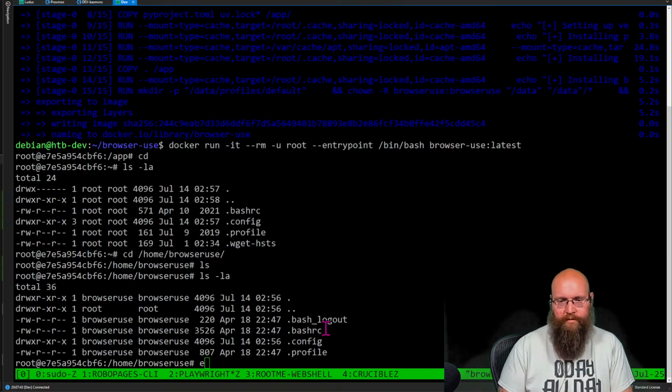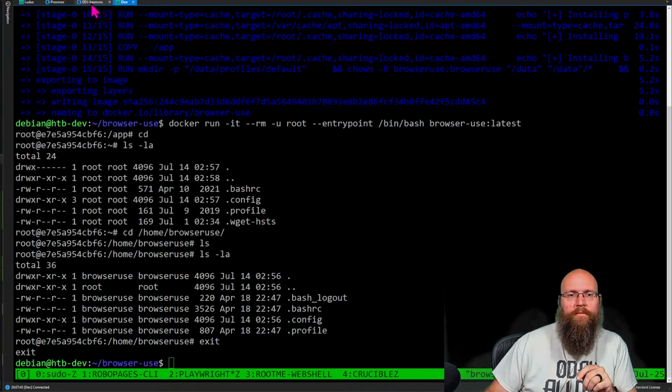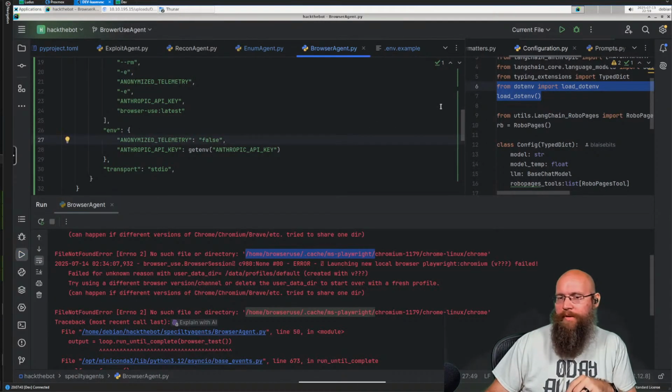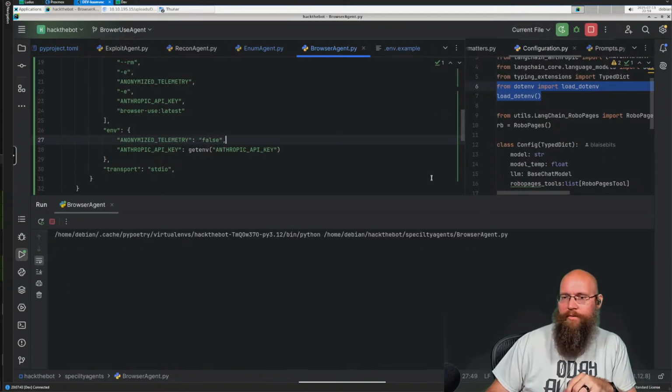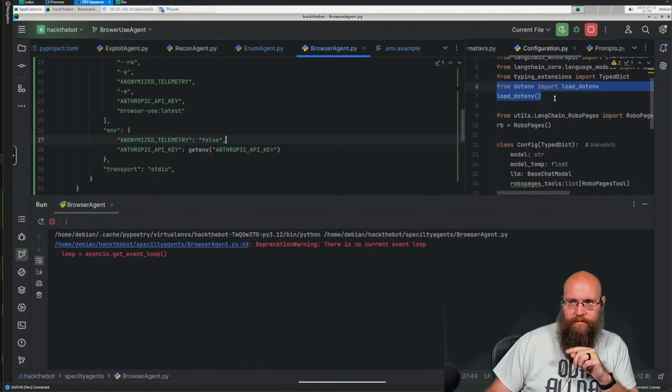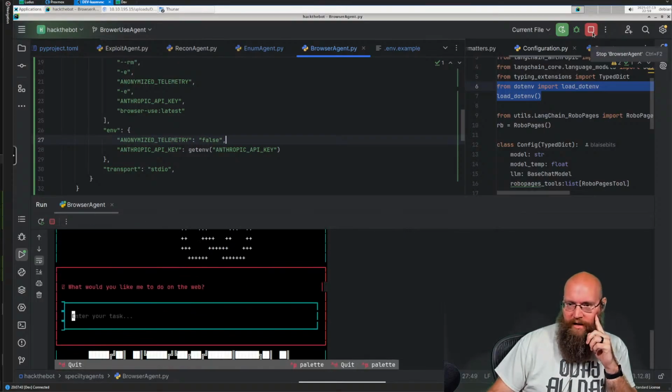Weird. Well, I don't think this is going to work, but out of sheer luck, let's try it real quick. And it's probably going to spaz out again saying it cannot find...